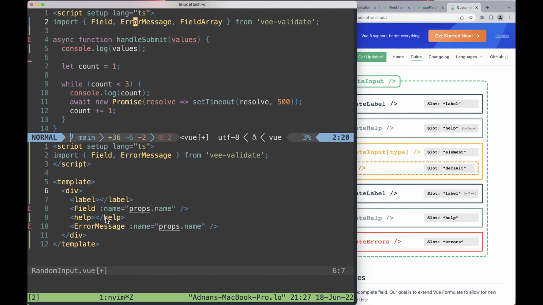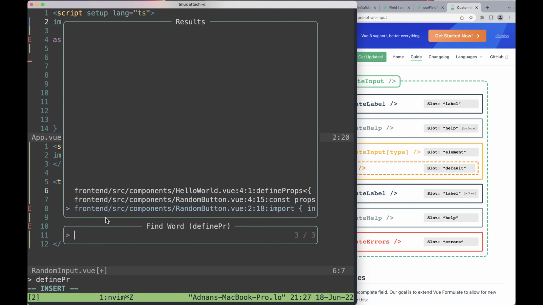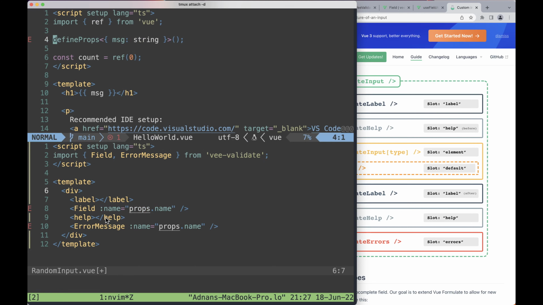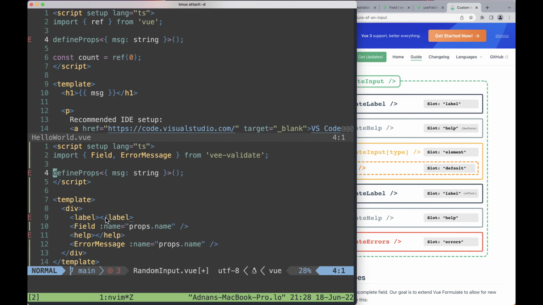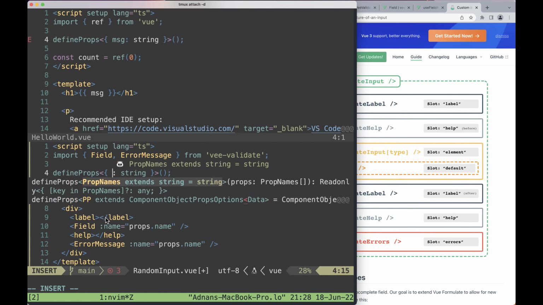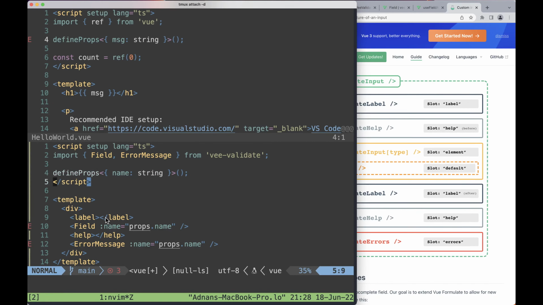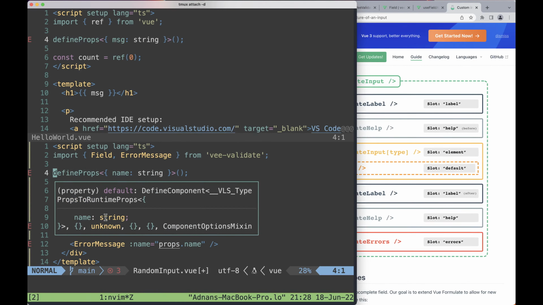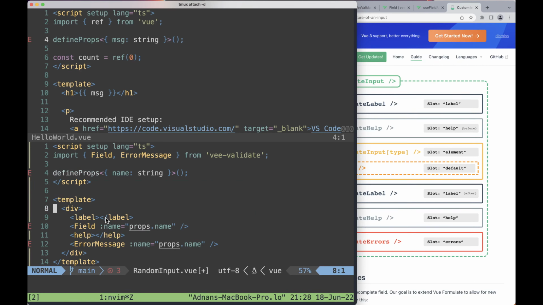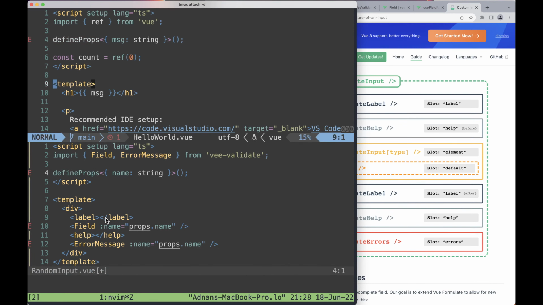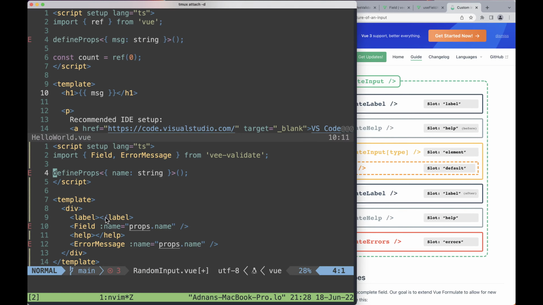And I know that I used defineProps somewhere before. Just over here. So this will be name, and it is a string. And allegedly, I don't have to import it. It's just part of, the import will be compiled in. So when I do something like this, message is just available to me right off the bat, so I don't have to do props dot. So let's get rid of